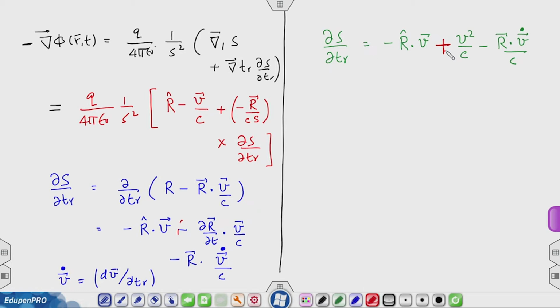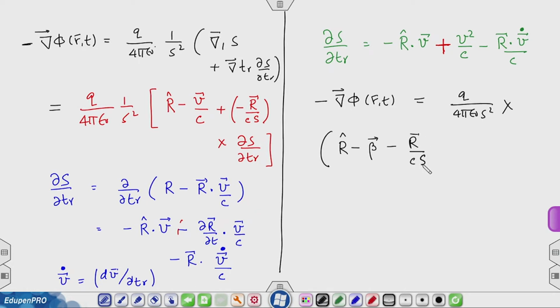So, this is ds by dtr, and therefore, minus grad phi at RT is equal to q over 4 pi epsilon 0 s square times r unit vector minus v over c, which I can write as beta, minus r vector over c s times minus r unit vector dot v plus v square over c minus r dot v derivative divided by c,